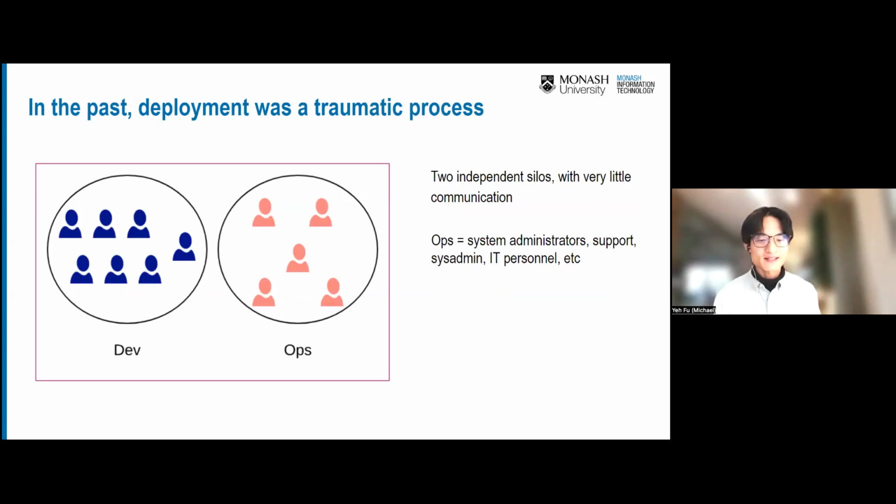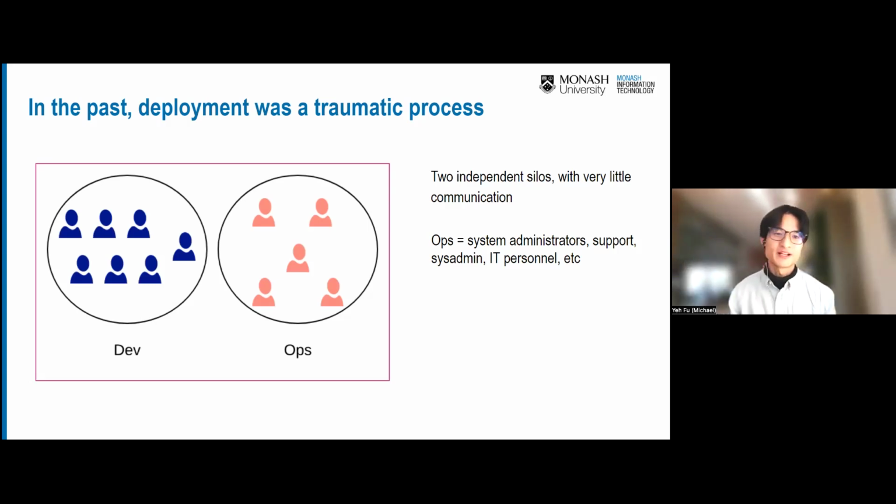And in the past, we had development and operation separately, so they were two independent silos. The development team deployed the software and then they were gone, and then it was the operation team's responsibility to operate the software.